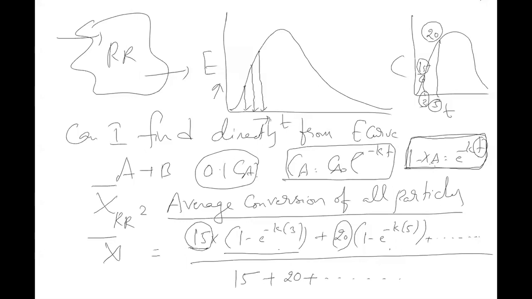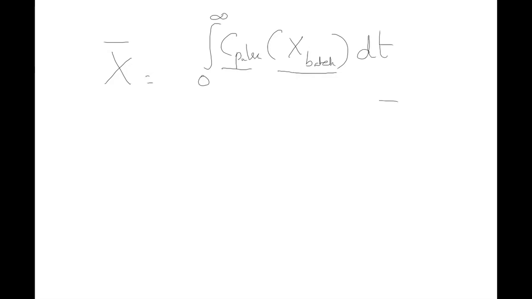Now, how do you write this equation? x bar is equal to, now I'll extend this to infinity, 0 to infinity, concentration of the pulse times x of the batch reactor. I can say x of integration analysis. Both are the same, no? Batch or integration analysis. Concentration of pulse times x of batch reactor times dt, divided by 0 to infinity concentration of pulse times dt.